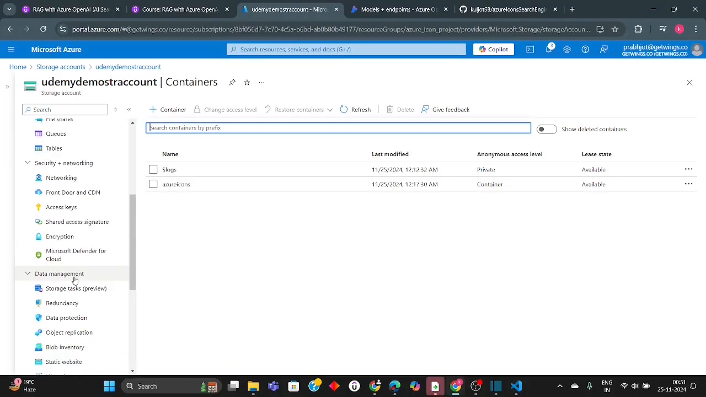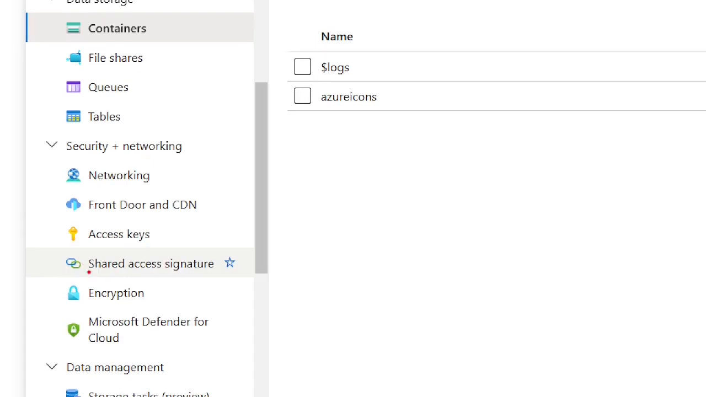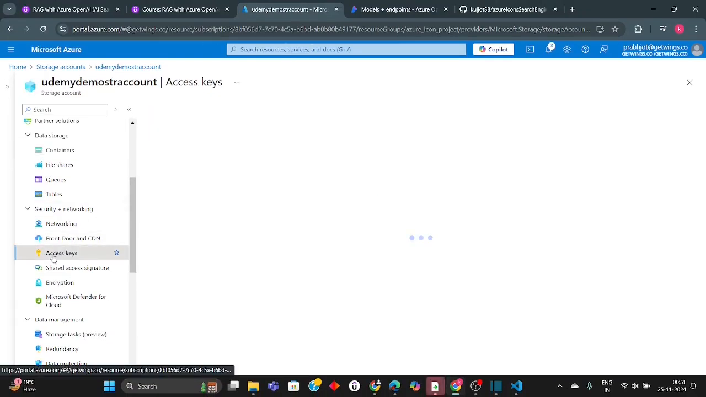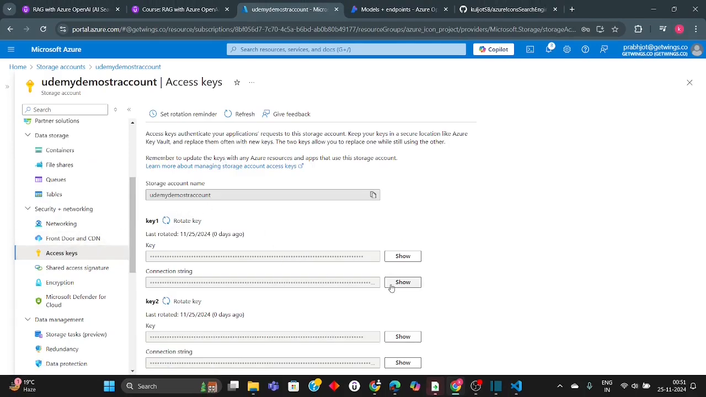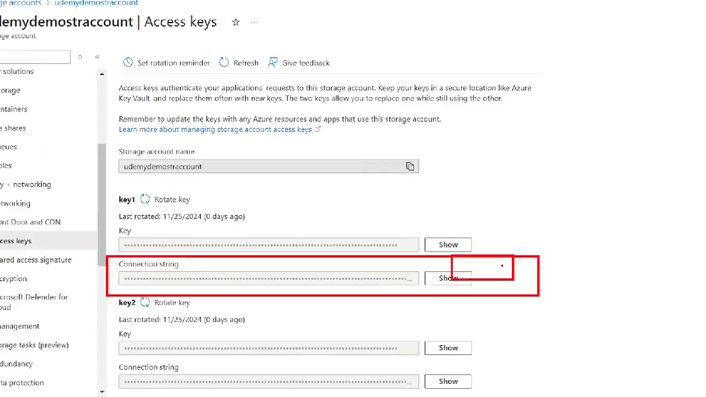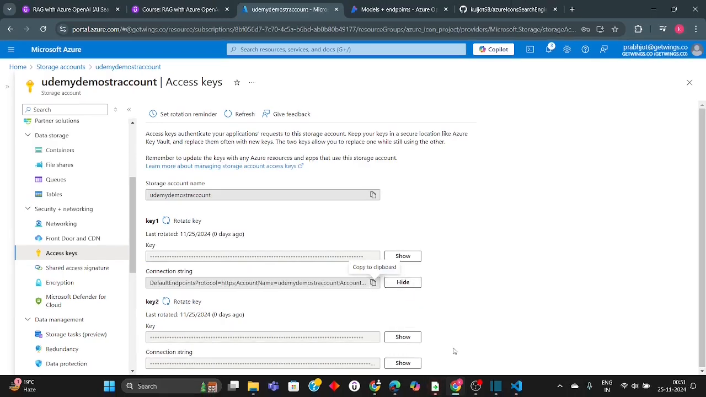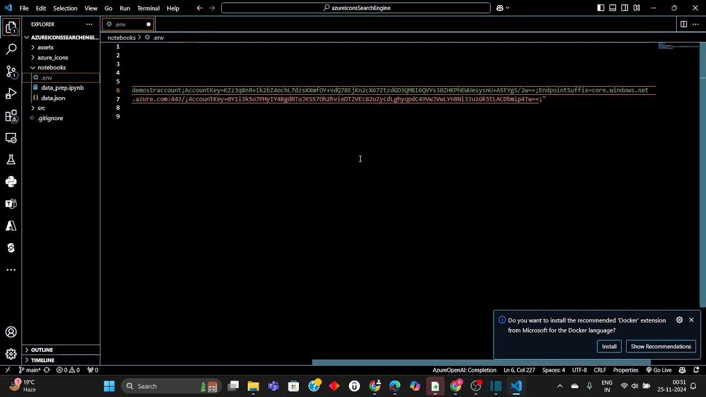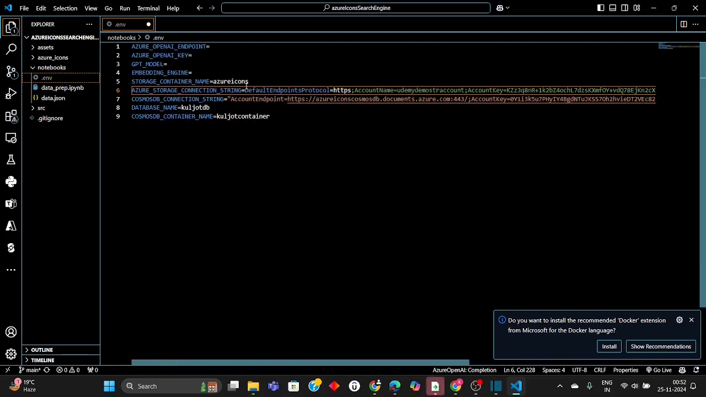All right. So let's go to the access keys area that's right under the security plus networking tab. And from here, we're going to get the connection string for the storage account. Yep, this one. So click on show and then we can copy this. Copy the clipboard and then paste it over here. Again, it includes some special characters, escape sequences. So we're gonna need to insert double quotes, enclose this in double quotes so that it's interpreted as a combined